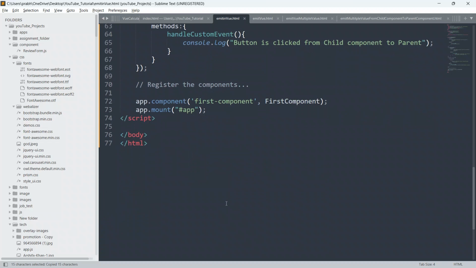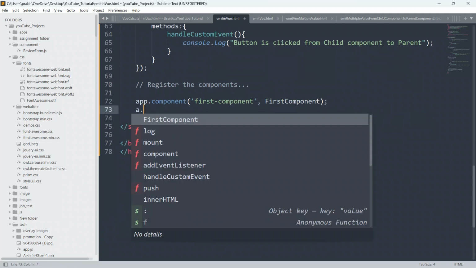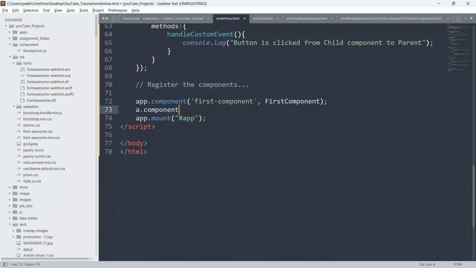And so just go down and we will just say here app dot component. So guys, as you can see here, in this way we are registering our components. So you can register as many components as you want. I'll say here, give single quotes and just say small s, and just give here hyphen, and just say small c, and just put here comma, and we will just say here second component. So in this way we have registered our second child component also.